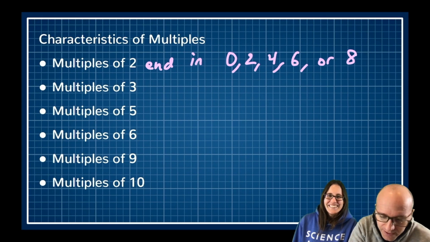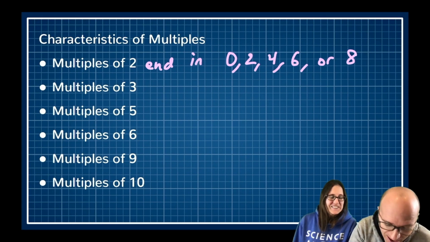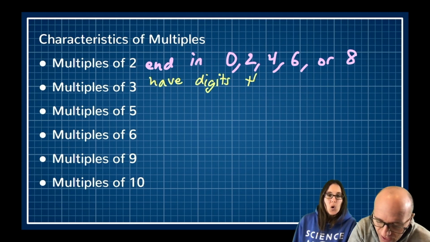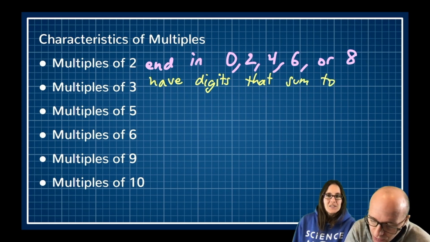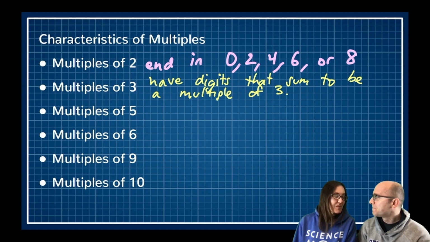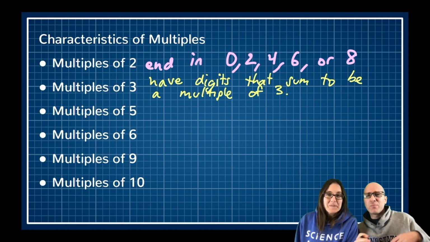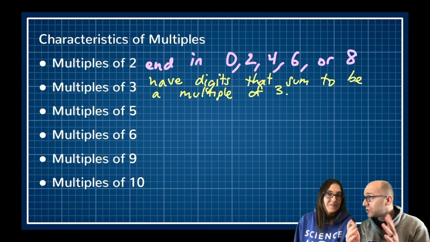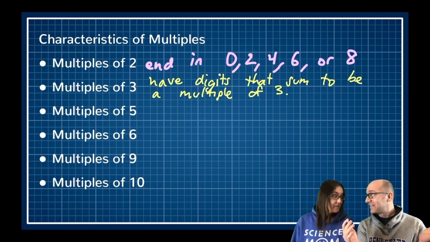And for that backup plan, I want to point out this really cool fact. Multiples of 3 have digits that sum or add up to be a multiple of 3. I remember this. I had totally forgot about this, but I remember this now. This is a really cool fact. It is. So if I named a number like 45, there are 2 digits. 4 plus 5 is 9. 9 is a multiple of 3. Therefore, 45 is a multiple of 3.